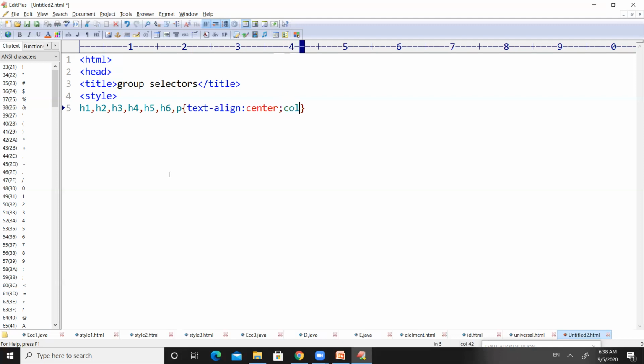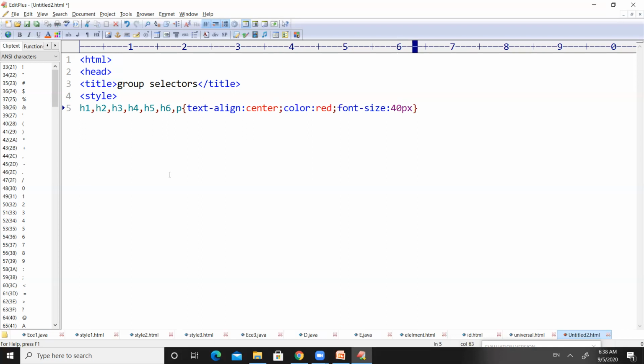And then I want to have the color of the text which was defined by using these elements as red color, right? And then I want the size of the text which was defined along with all these elements as some 40 pixels. That means I want to have common size for all these things.